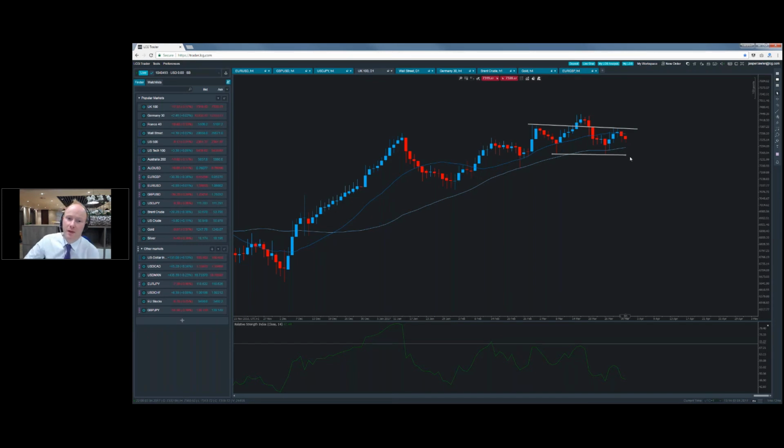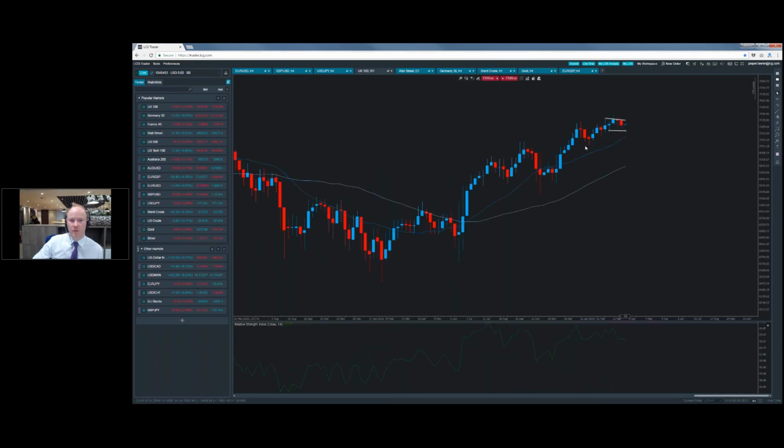Even if it does, I would just be careful. We're very overbought in indices, but there's a tendency for a break through the lows, and again even those dips to be bought into. We're in a big bull market. It's always good to pull out to the weekly time frame and remind ourselves how bullish this market is at the moment, and not to get too heavily short without the justification.